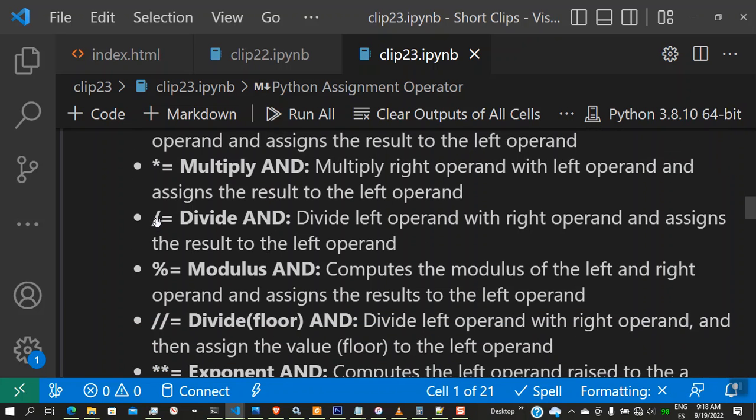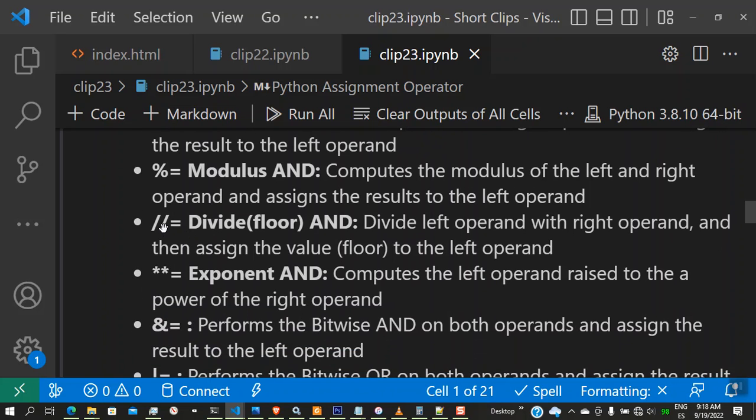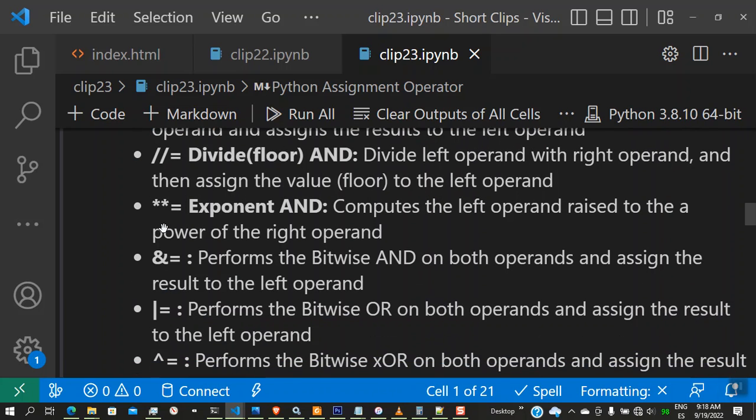Here, divide left operand by the right operand, assign the value back to left operand. Here, calculate the modulus of left and right operand, assign the value back to left operand. Here, divide the left by right operand, assign the value back to left operand. And here we have find the exponent of left operand to the value right operand, assign the value back to